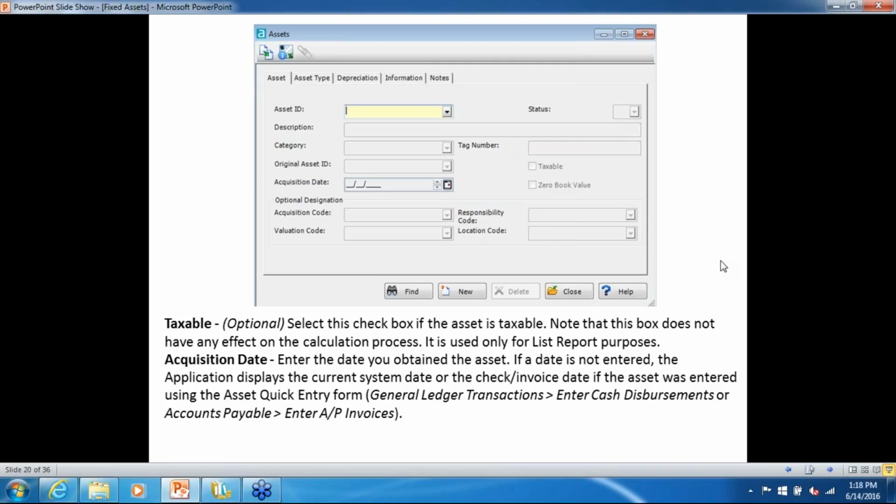Okay, and taxable. Most nonprofits are usually not taxable, so usually you have that box unchecked. But again, you want to have that value. Acquisition date: when did you obtain this? Now, also keep in mind that just because you purchased it doesn't necessarily mean that you have to start